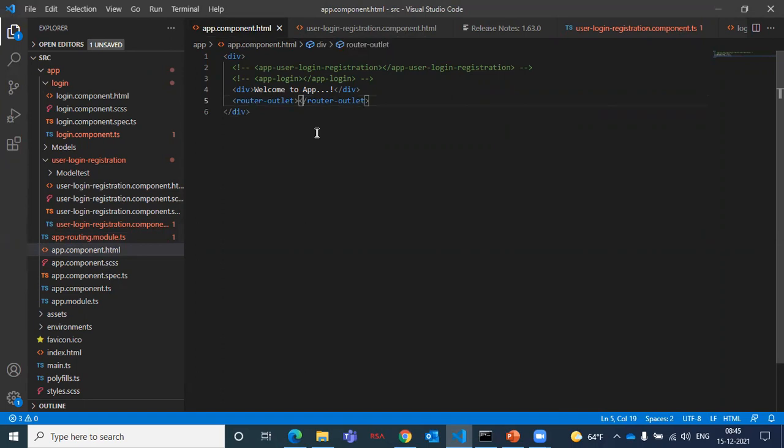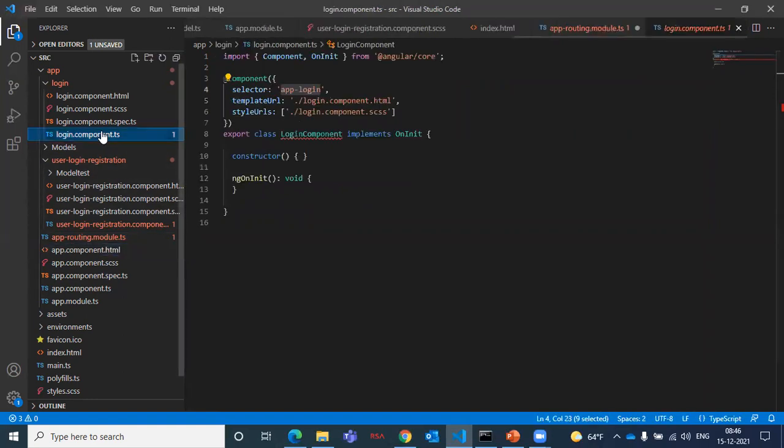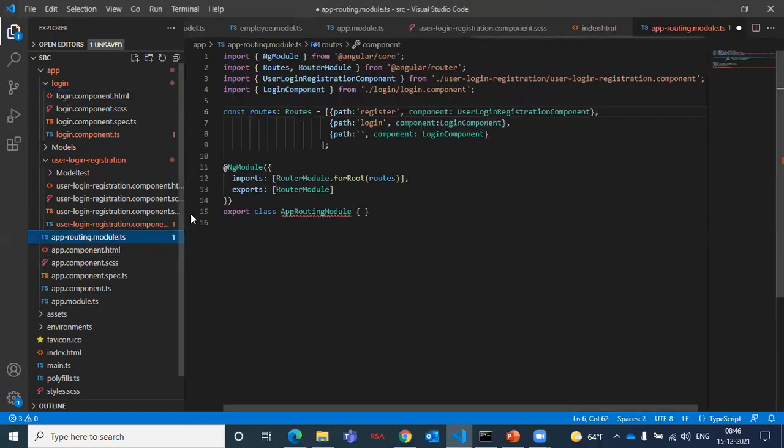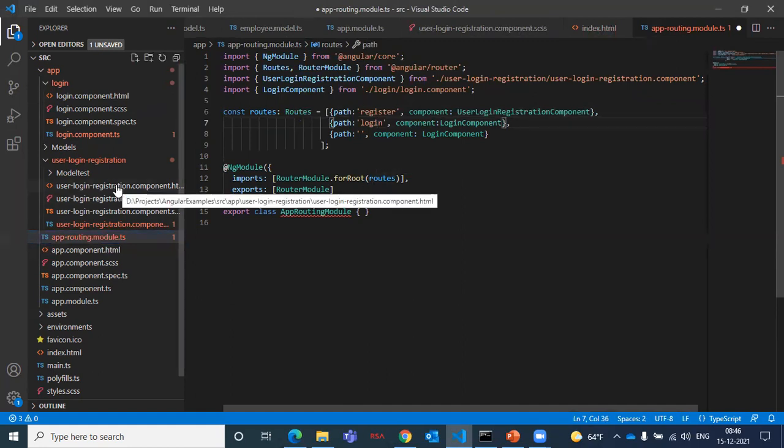Step two is done. Next, I have certain actions on the URL links. Wherever you want to load from any component, for example from this page, if I click on register, I need to navigate to the register page. For that, simply specify routerLink equal to register. This register must always equal one of the paths.